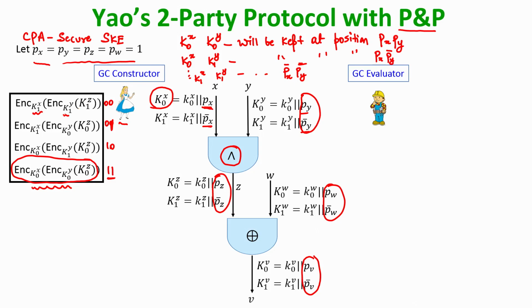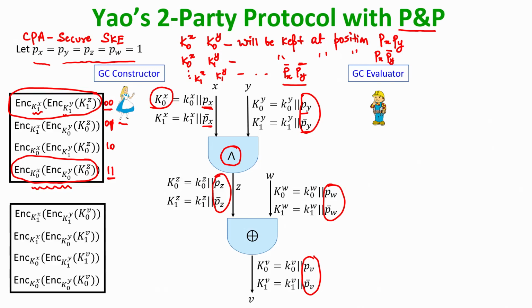Why so? Because the encryption prepared with the keys x being 1 and y being 1 has to be stored at position number Px complement, Py complement. Since Px and Py are both 1 here, their complements are 0 0, that means the ciphertext with index 0 0 actually is the encryption prepared with the keys for x being 1, y being 1. Now, only Alice knows this arrangement here, because only Alice knows the permutation bits. Bob is completely unaware of the permutation bits and their interpretation. Only Alice knows the interpretation here.